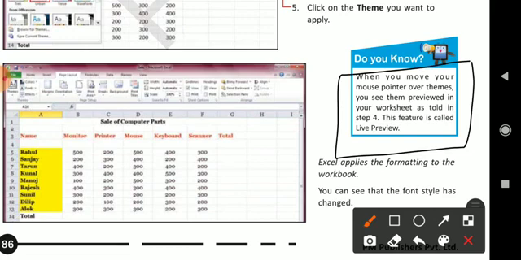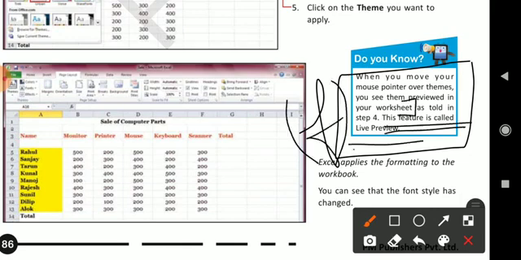You don't have to write "as told in step 4". Write till worksheet, and after that add this line: this feature is called live preview. This is answer number F. Clear everyone?